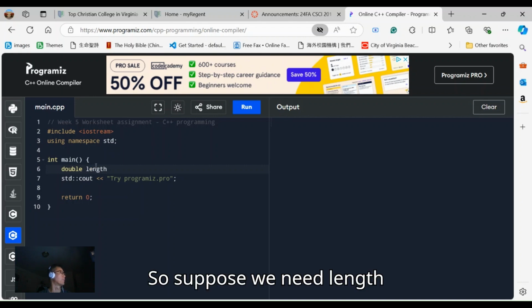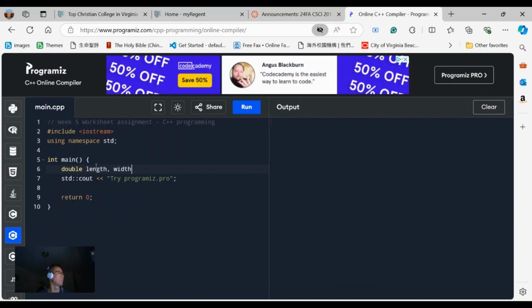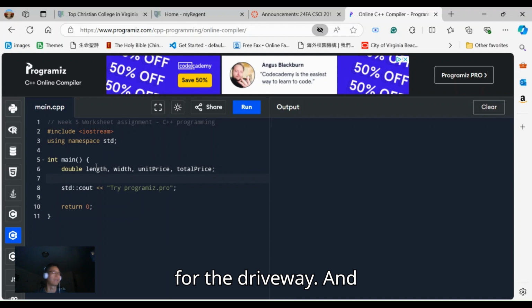So suppose we need length, width, unit price, and final total price for the driveway. Okay, and then